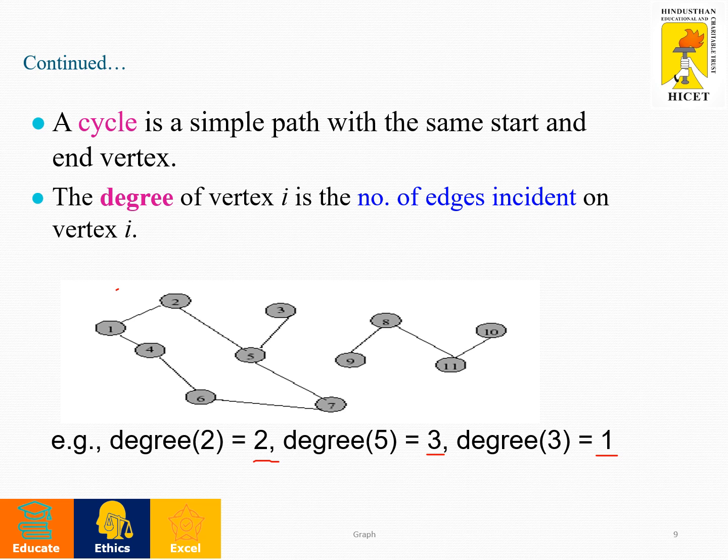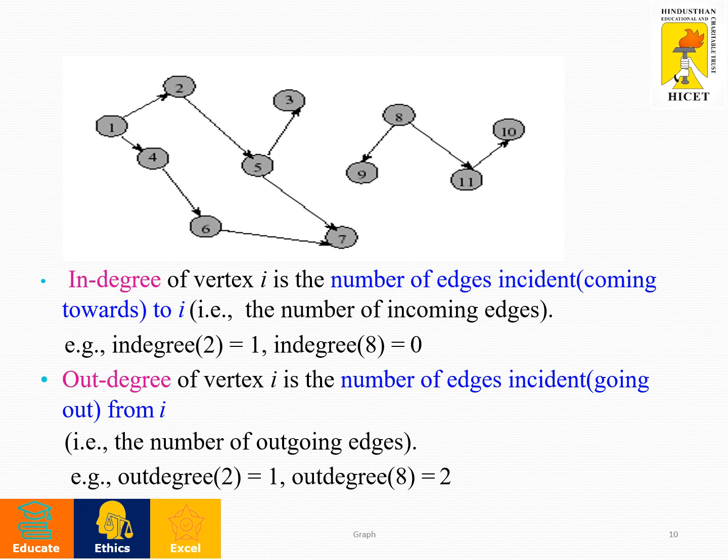So degree also has in degree as well as out degree. In degree means the number of incoming edges. The arrow pointing towards that particular vertex is known as the in degree. Similarly, out degree is the number of outgoing edges. So in this example, what is the in degree for 1? The answer is 0 because there are no incoming edges for this vertex 1. You can clearly see. And out degree for vertex 1 is 1 plus 1, so 2 is the out degree.